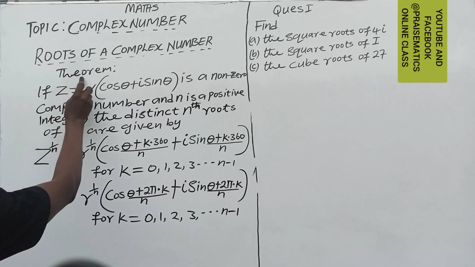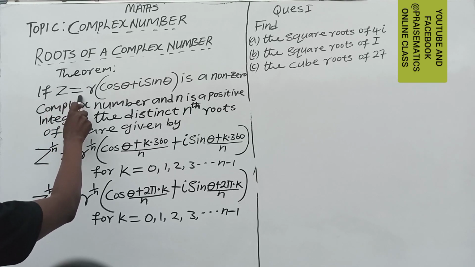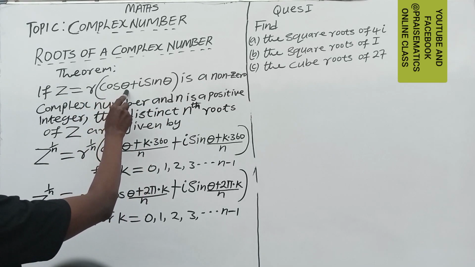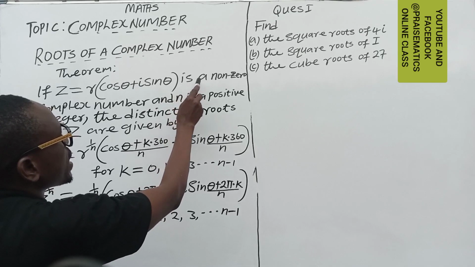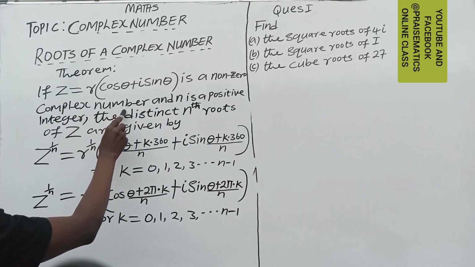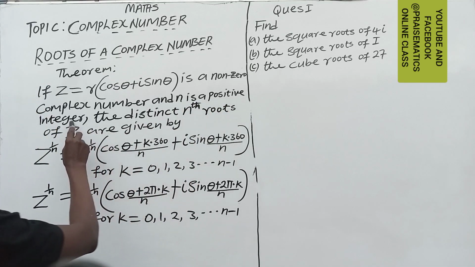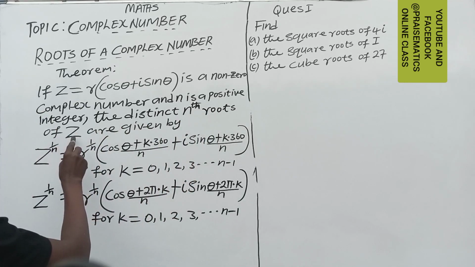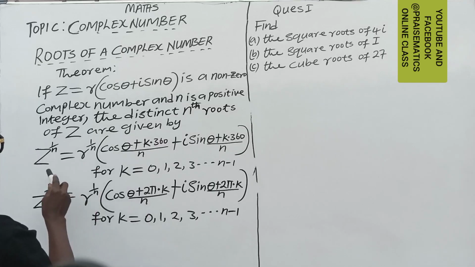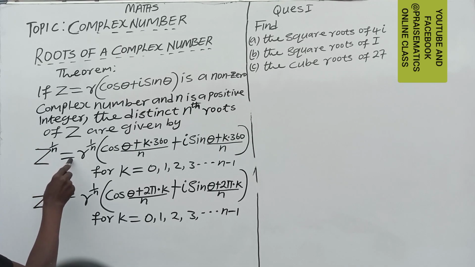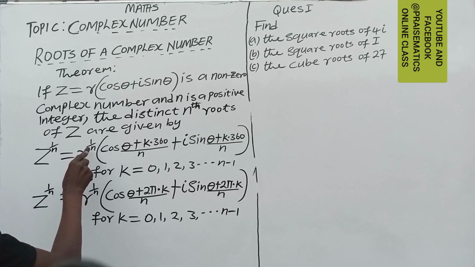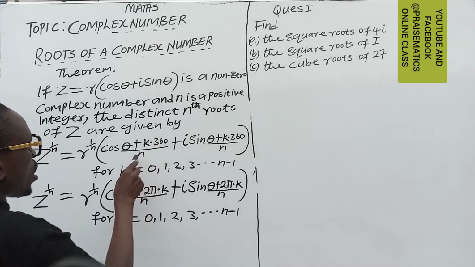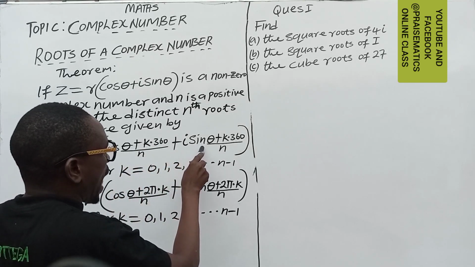Okay, theory. If z equals r into cos theta plus i sin theta is the polar form of a non-zero complex number and n is a positive integer, the distinct nth roots of the complex number z are given by z raised to power 1 over n equals r raised to power 1 over n into cos of theta plus k dot 360 all over n plus i sin of theta plus